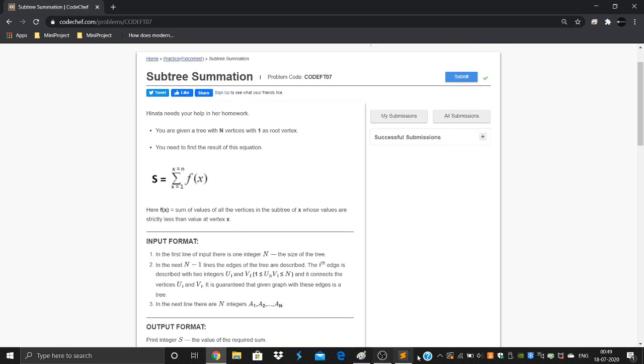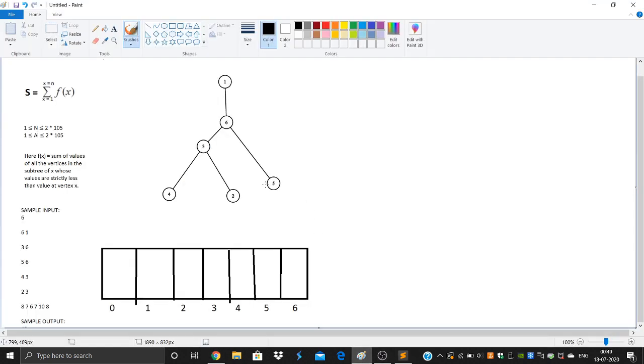Okay, coming to the sample input now. I have pasted the structure of the tree formed by the sample input on the lower left corner over here, and also the value S. First of all, before anything else, let's simplify S. It seems that it's summation of f of x, but what is f of x basically? So we could simplify this by